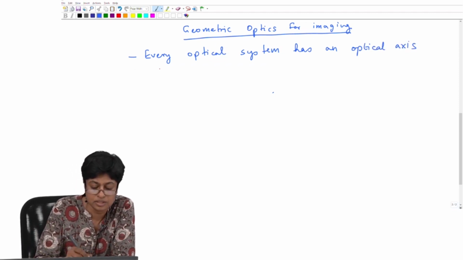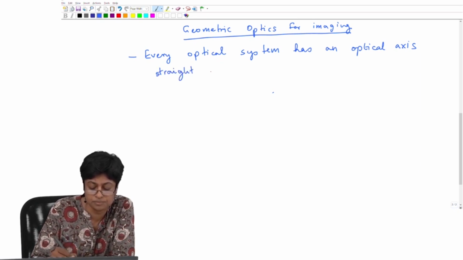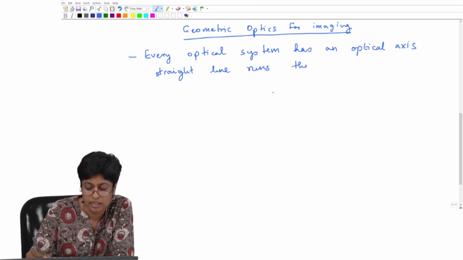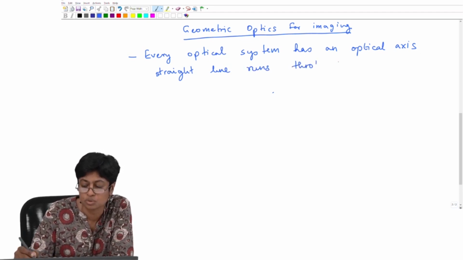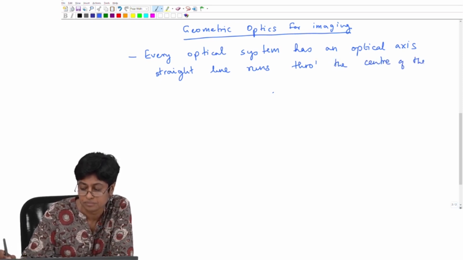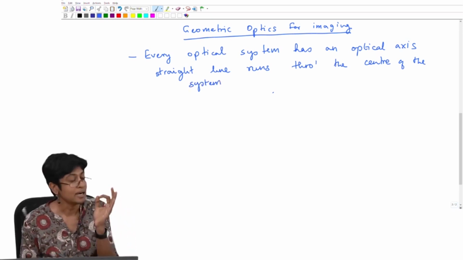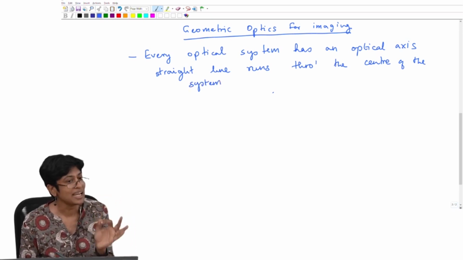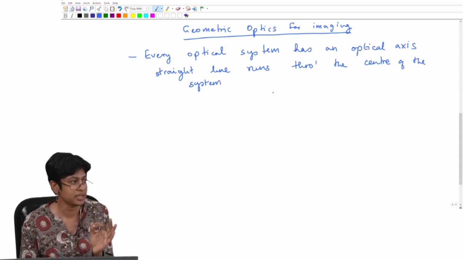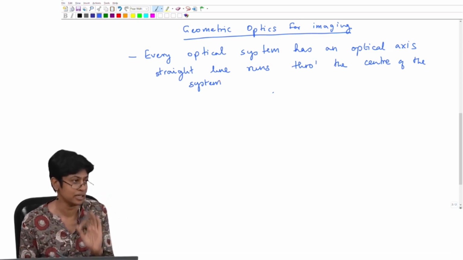Okay, this is a straight line that runs through the system, and I'll be more clear and say runs through the center of the system. Sorry, what is the optical axis? That is the line through the system that if you sent a ray, the ray would travel undeviated through the